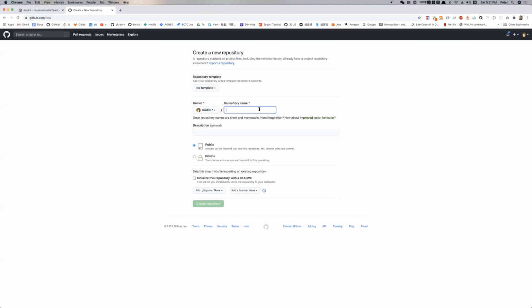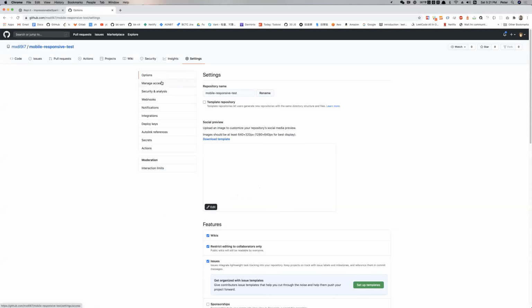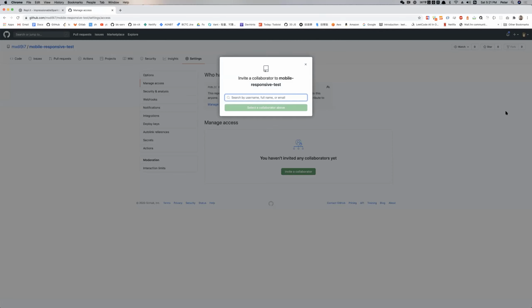Okay, so mobile responsive test. Let's create a repo, and let me add everyone to this repo. Send me your GitHub username in the chat so I can add everyone real quick. Okay, send it to me. Okay, I got it. Eggbug.